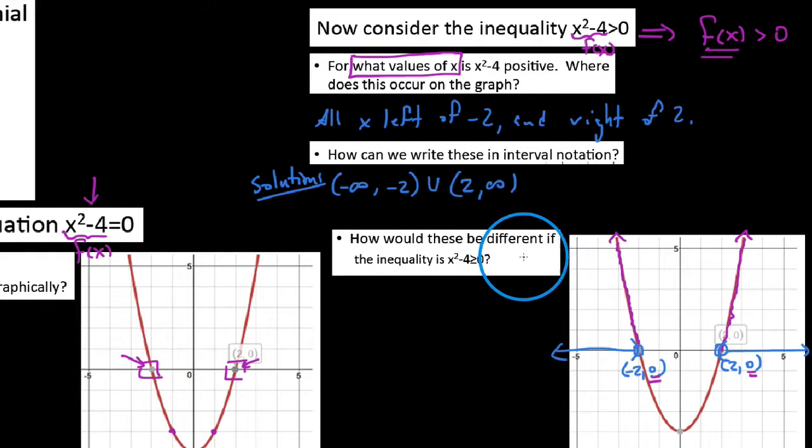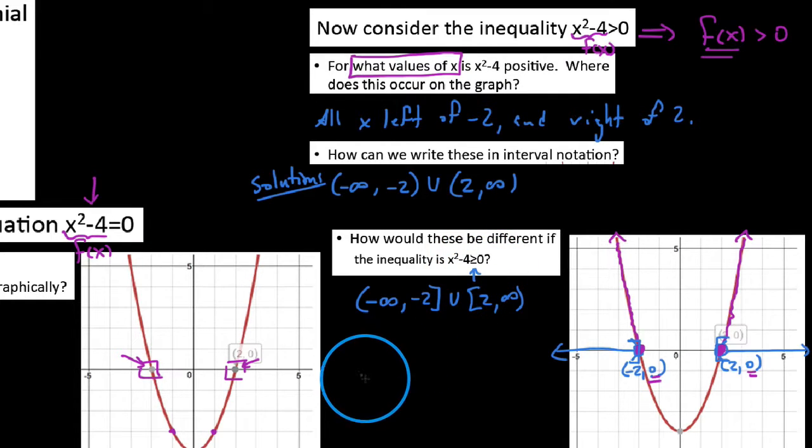Looking at this next question, I ask how would this be different if x squared minus 4 had been greater than or equal to 0? Well, in that particular case we would have said our graph is actually greater than or equal to 0 at these y values, and so in terms of what x values these would be, we would actually include the endpoints here because our graph is not just greater than 0 but greater than or equal to 0 for all x values on these intervals. We would include the endpoints because at those endpoints, of course,